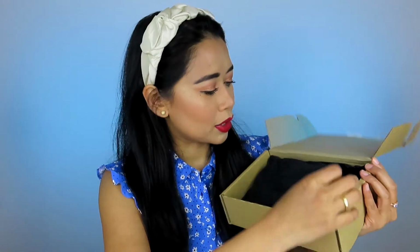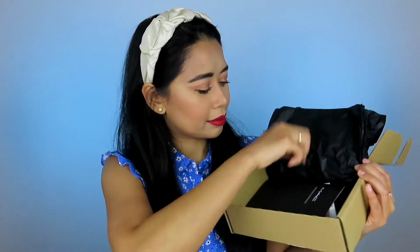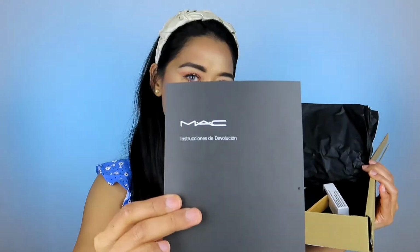I have scissors here. Woo, there is something black here, and let's see what. Okay. MAC. The instruction is it's for the pollution. And here I have